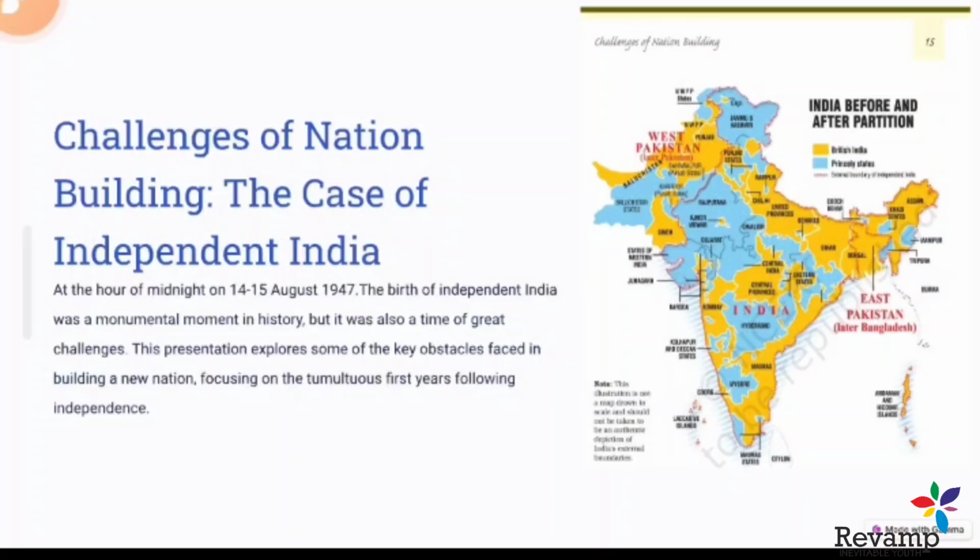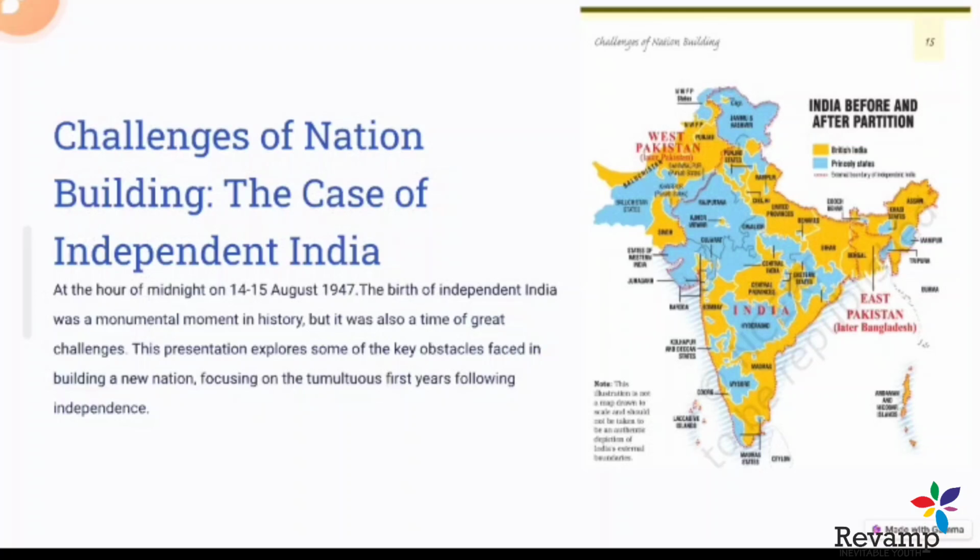I will teach you about politics in India because we live in India, so we will start with India. Politics in India since independence, that yellow NCERT book is my base. I will teach you first the challenge of nation building. This is the first chapter of this book, challenge of nation building.